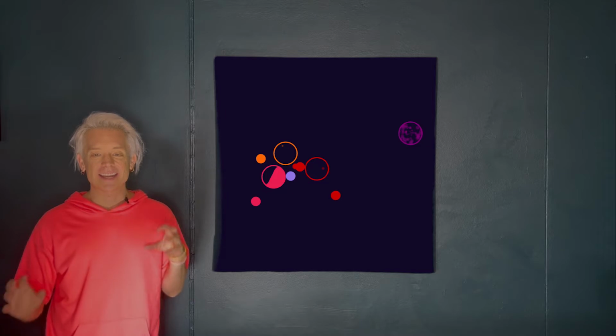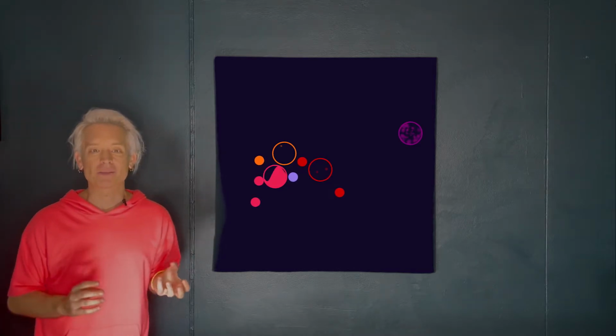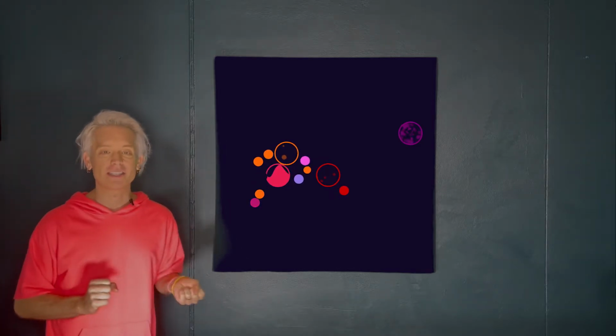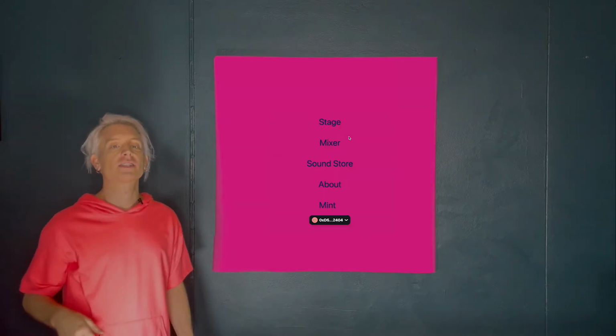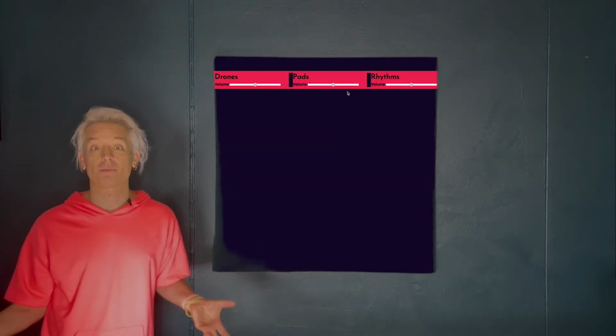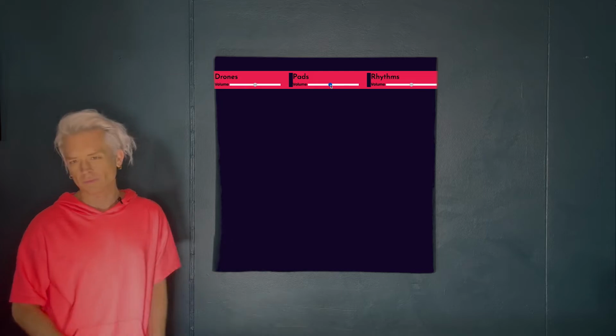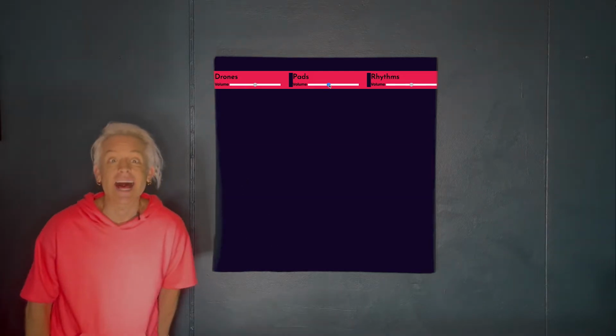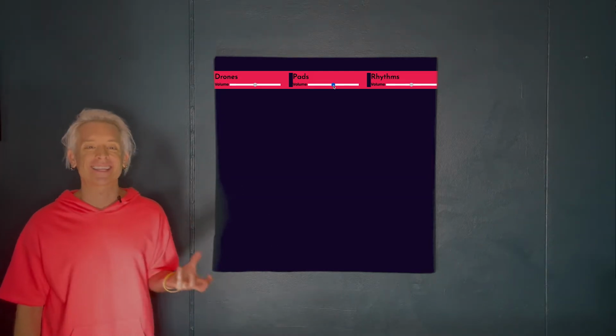Interdimensional.One is a generative art and music experience that feeds completely off of NFTs. It's a portal from your monkey mind to a place of stillness. And it's the first ever NFT marketplace for sound designers. All right, that's a lot, huh? Okay, let's break it down. What exactly does that mean?